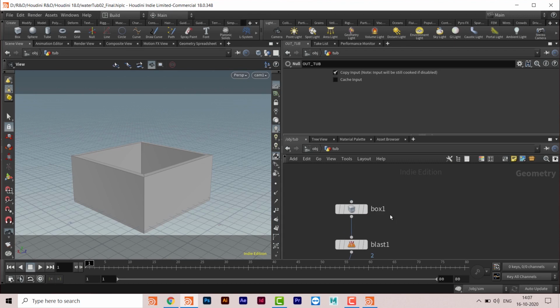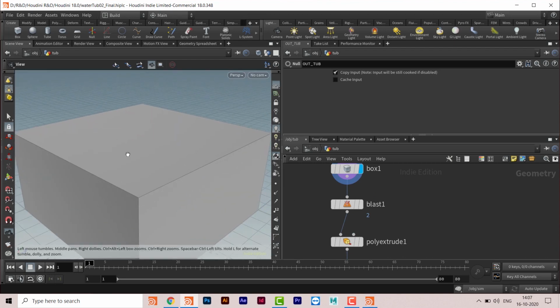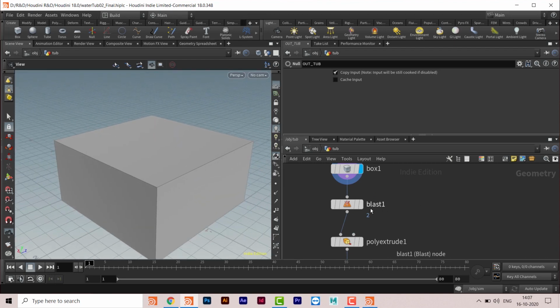Initially I took a box, and then I deleted the upper polygon, this face, with a blast node. This is not entirely procedural, but you can say semi-procedural work, and it is going to work.